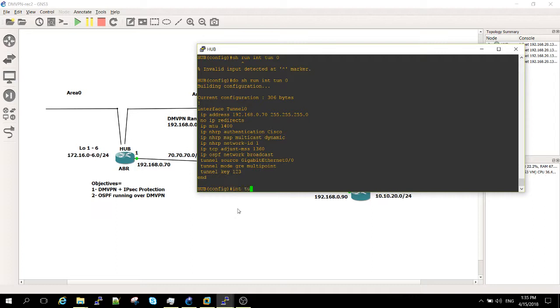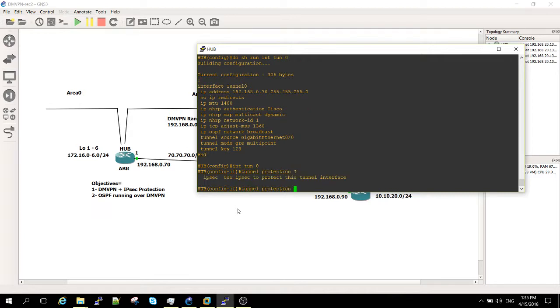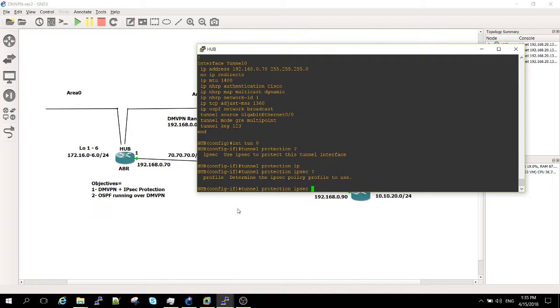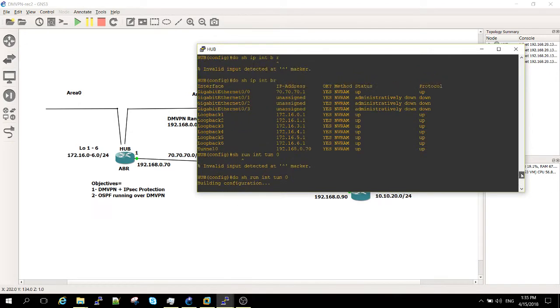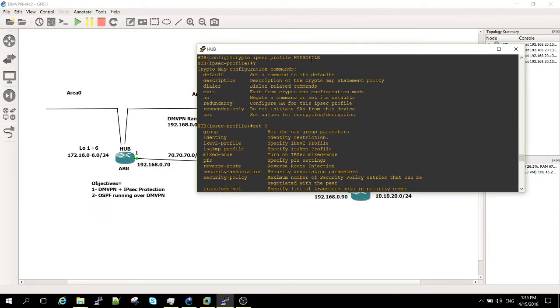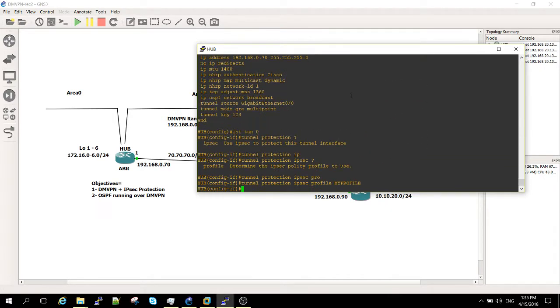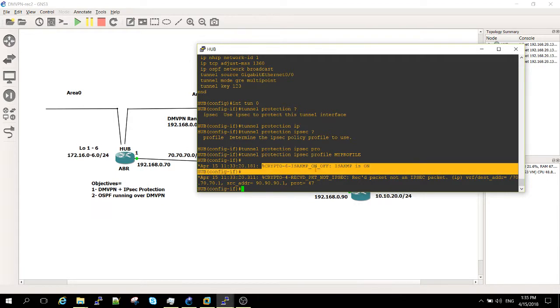So interface tunnel 0, tunnel protection IPsec profile, and what was my profile name? Yeah, my profile. That's it. And bingo. As you can see, the first message I saw on the terminal is crypto ISAKMP on, and